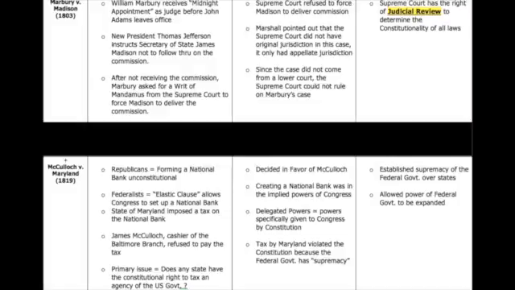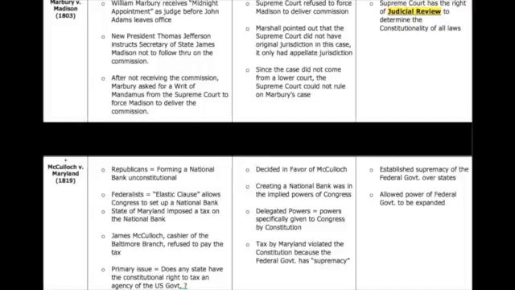Marbury versus Madison is significant because it gives the Supreme Court a power that the Constitution did not originally give it. As the story goes, William Marbury receives a job from John Adams as he's leaving office, handing over the reins of power to Thomas Jefferson and the Republicans. When Jefferson finds out that these midnight appointments have given all these Federalist jobs, he's infuriated. And he orders Secretary of State, James Madison, not to follow through on the commission, which is fancy talk for he's not going to give William Marbury his job. This, of course, makes Marbury angry, and he takes his case to the Supreme Court.